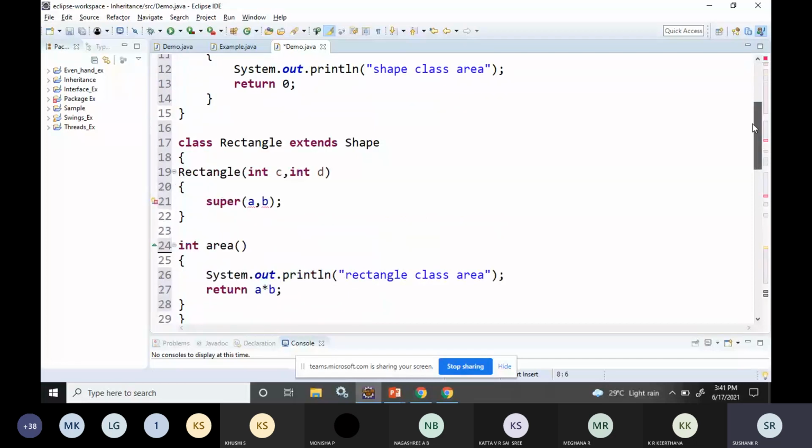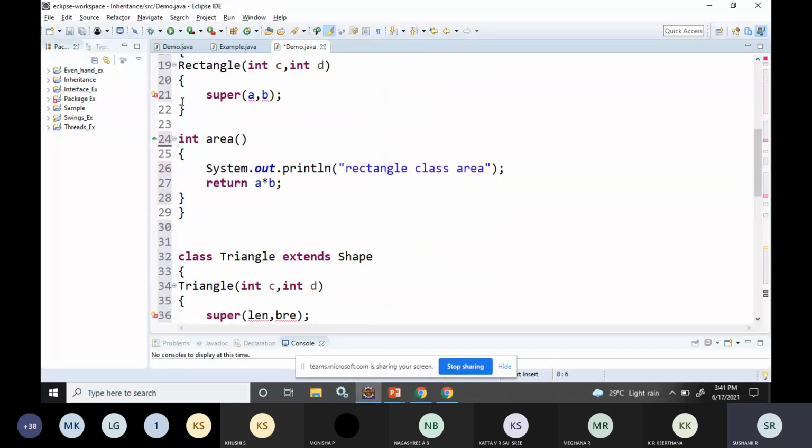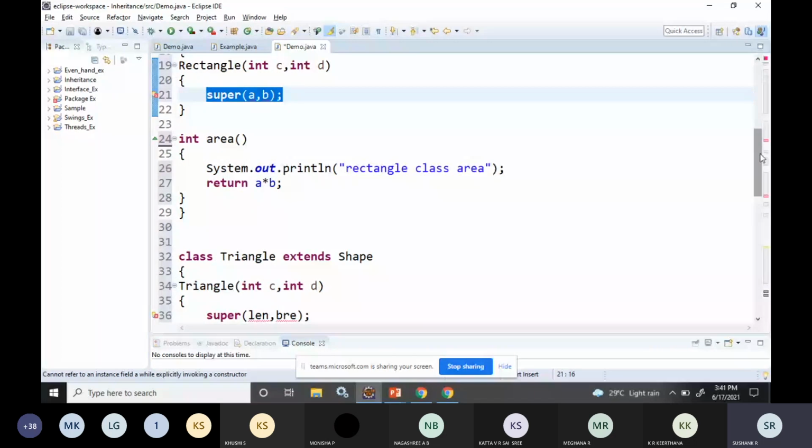You can take a comma b also. What you need is to pass the constructor with values. That is the one thing you should keep in mind.